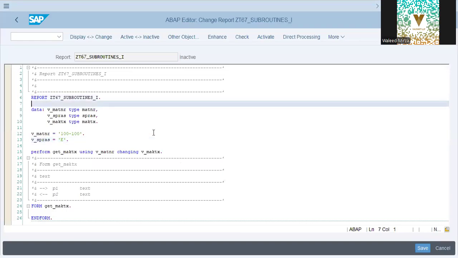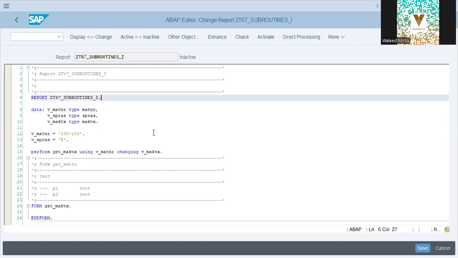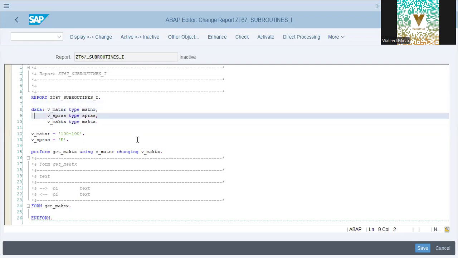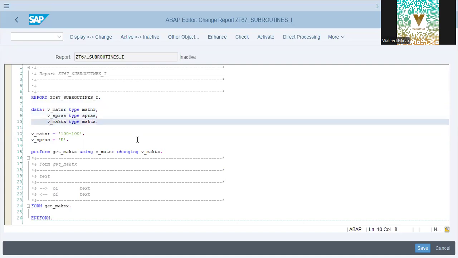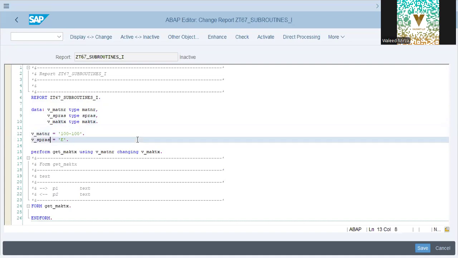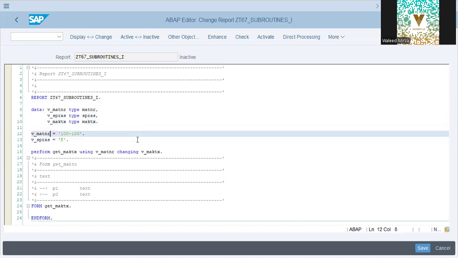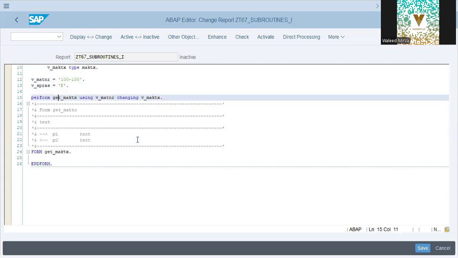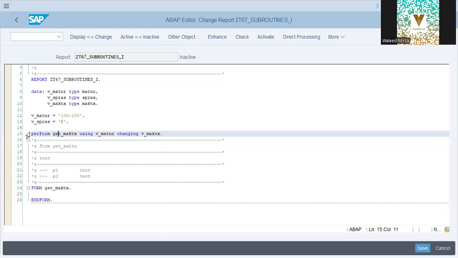Okay, today we are discussing subroutines. This is a program where we have defined a variable vMatner, which will be type material number, vSpras for language, vMattex, that is material description. vMatner is defined, initialized as 100-100 and language is E. Now perform over here when we write, okay,